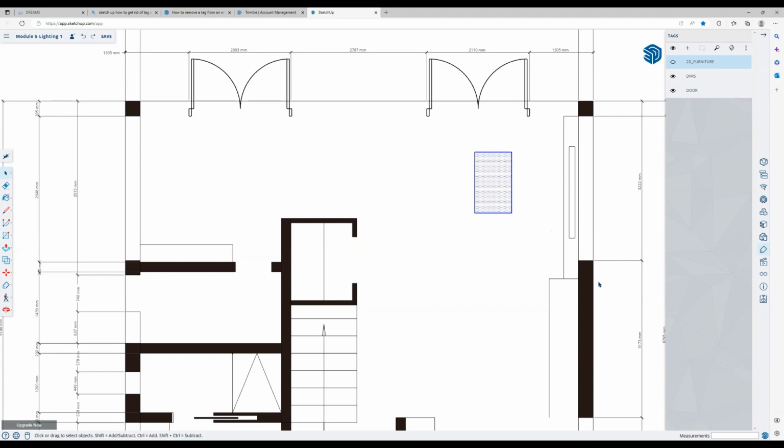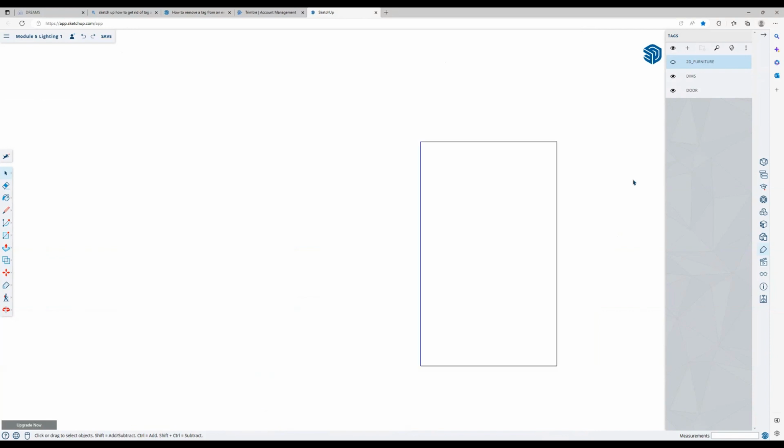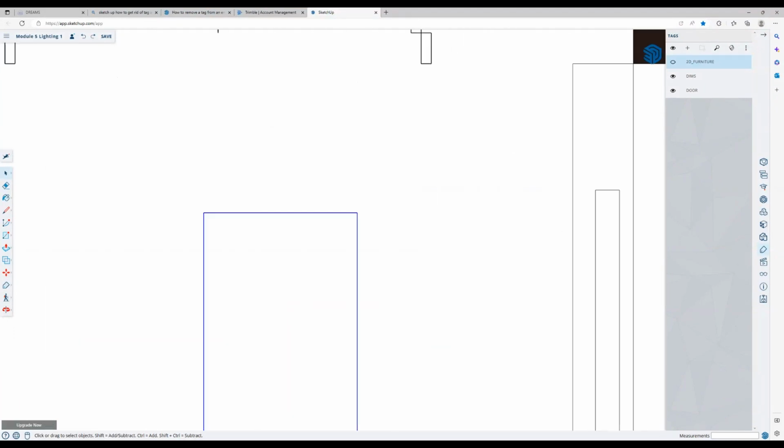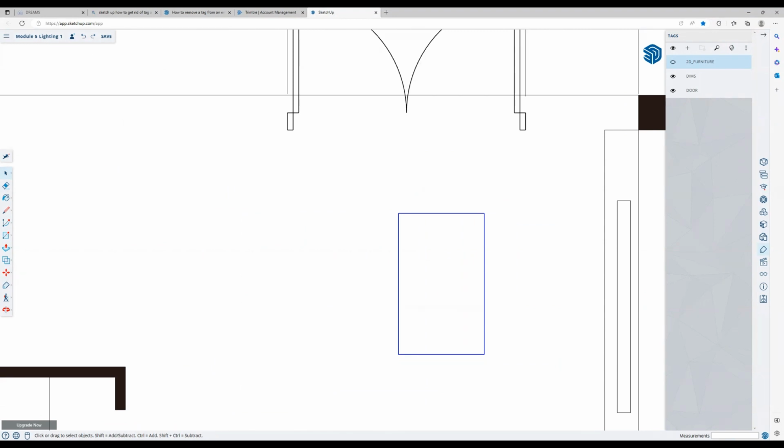If I make that part of my group, it will turn it grey, and I just want it to stay white. So let's click out, and I just want to select the lines. So then just the lines are going to be part of 2D furniture. So select Shift on the keyboard, and then start clicking on the lines. I'm also going to do this for the TV because I know that also is